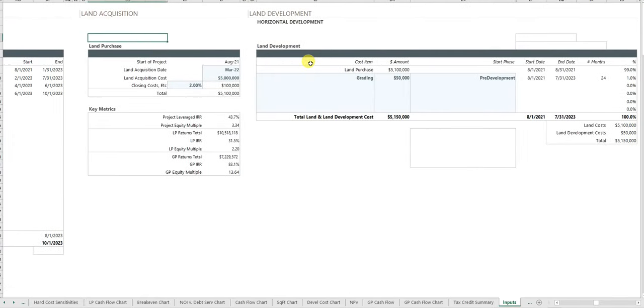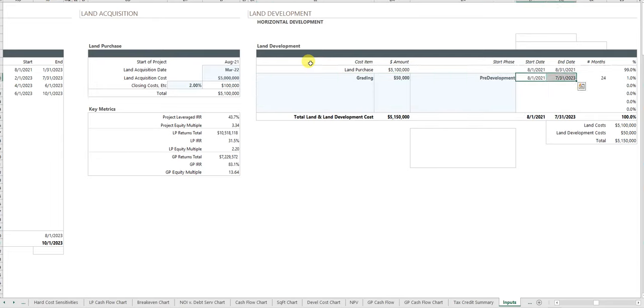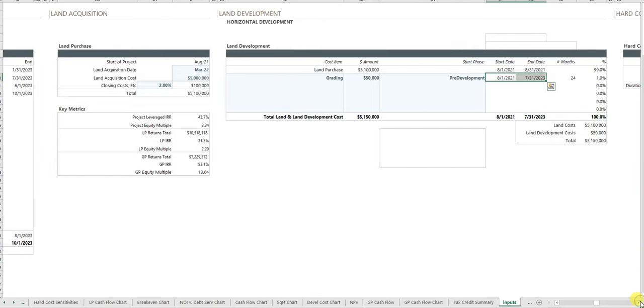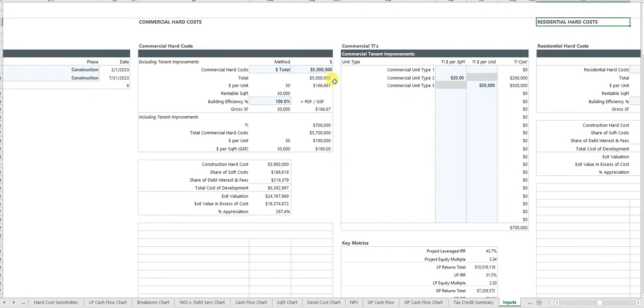Here we tell the model about your land acquisition, what's the date, what's the amount. You have the option to do horizontal development inputs. You can say grading the land costs 50 grand and it starts with pre-development, so the model knows the timing of that expense. We also have inputs for construction costs, so you have a variety of ways of inputting the